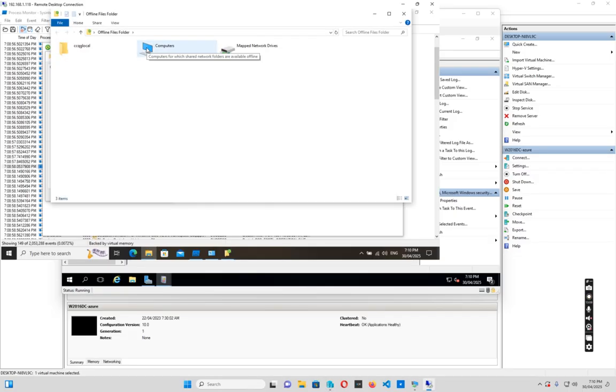We go to the computer, and we see this is CCQ app01 underneath. If I connect this one, we see there are two folders, two network drives. One is profiles, the other one is icon. And if I connect one of them,